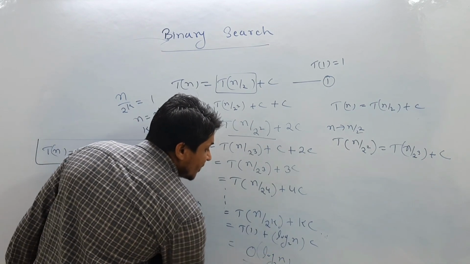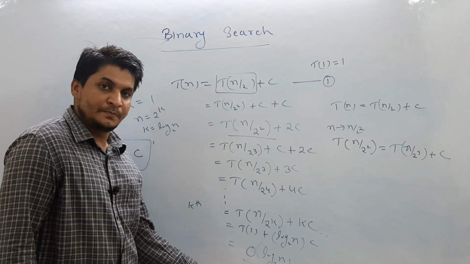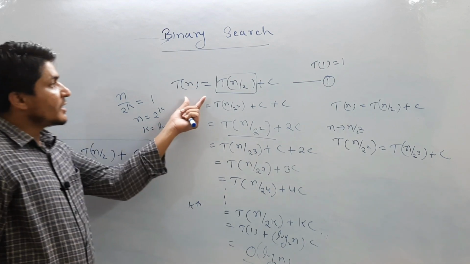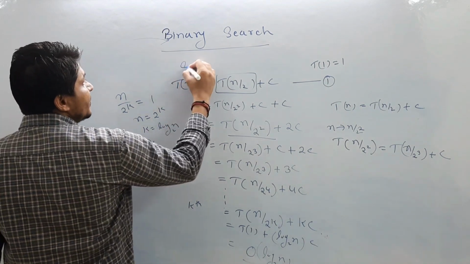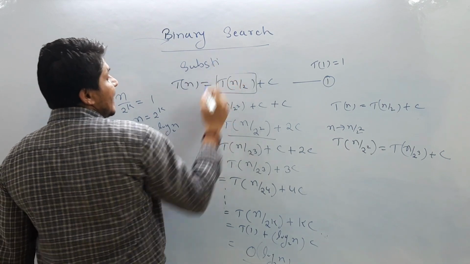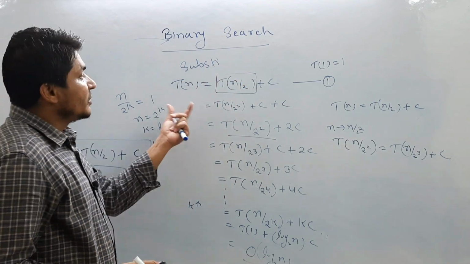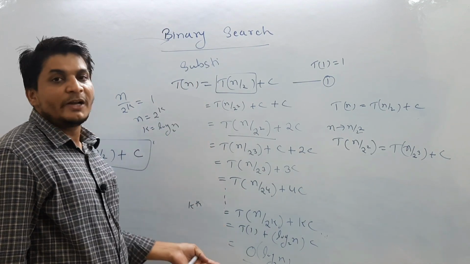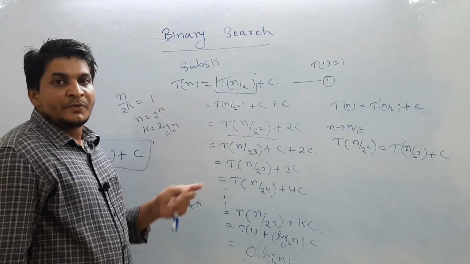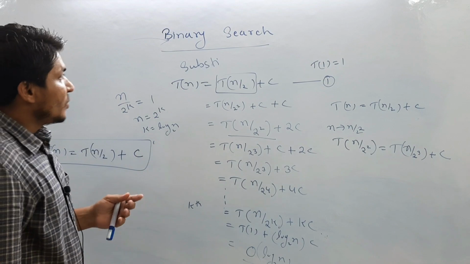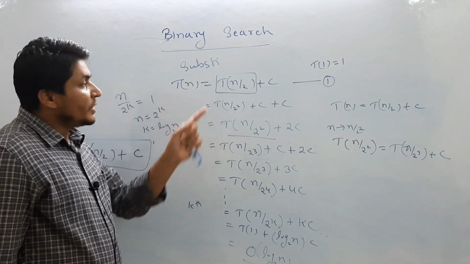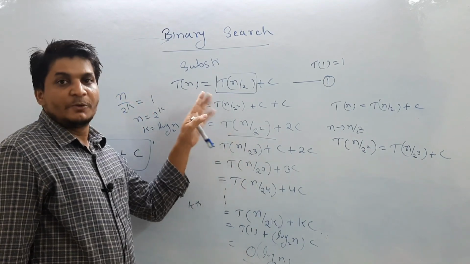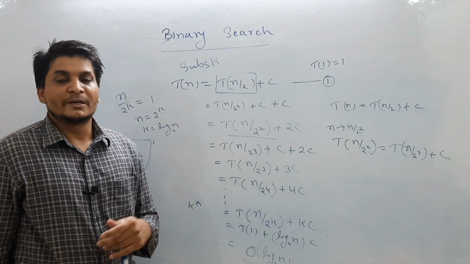This is the time complexity of binary search in the worst case. In the worst case, the time complexity is order of log n. So you can solve this recurrence relation using the substitution method. Because we only know the substitution method till now, I'll explain the recursive tree method and the master theorem also. If you apply the substitution method, it takes approximately 5 minutes. But if you apply the recursive tree, it will take only 2 minutes. And if you apply the master theorem, it takes only 2 seconds to give you the answer. I will explain the master theorem also in coming videos.